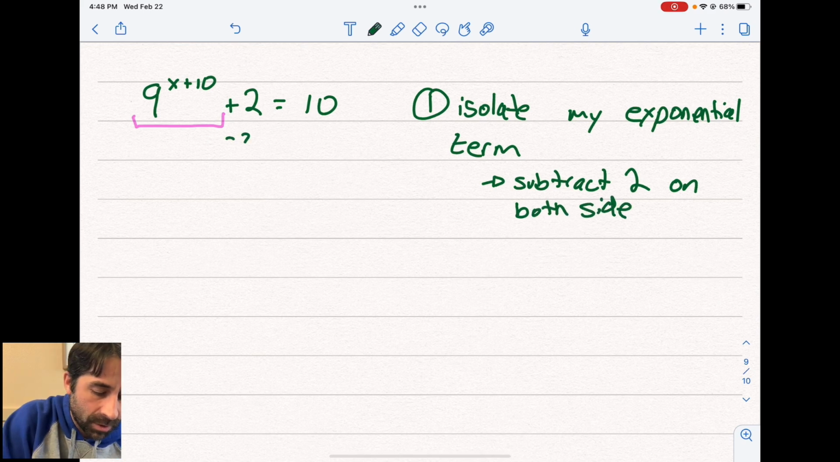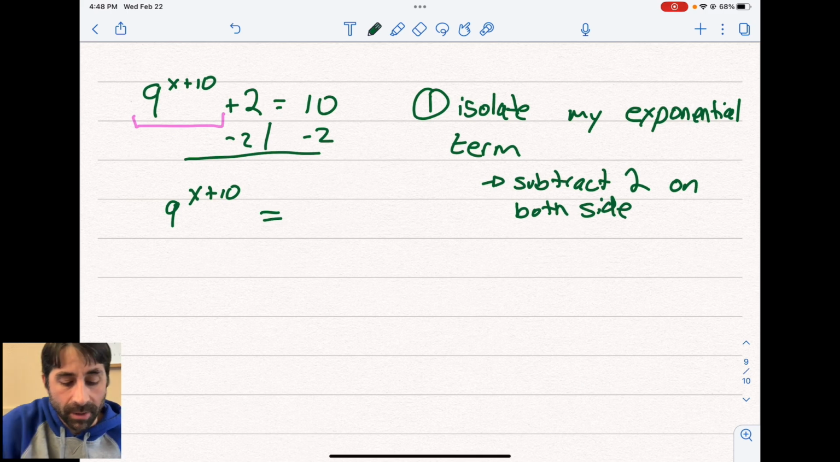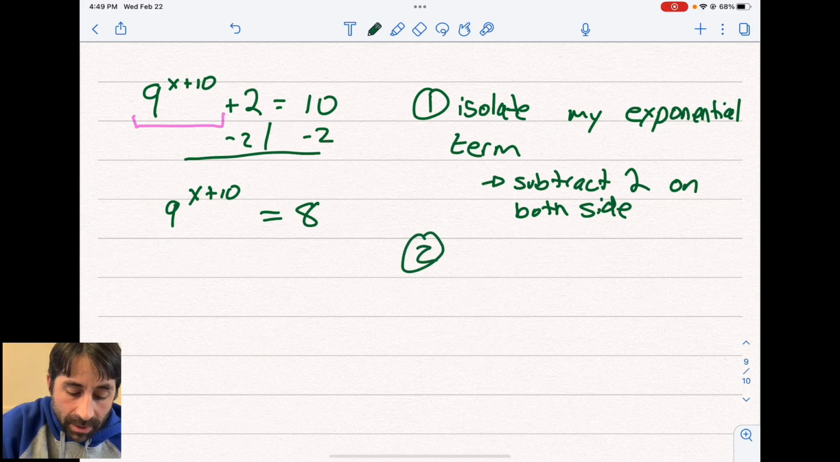Okay, so if I subtract 2 on the left-hand side, I'll definitely want to do that on the right. The 2's cancel out on the left-hand side, and I'm left with 9 raised to the x plus 10 power. And on the right-hand side, I am left with 8. Okay, so now my second step is I need to rewrite